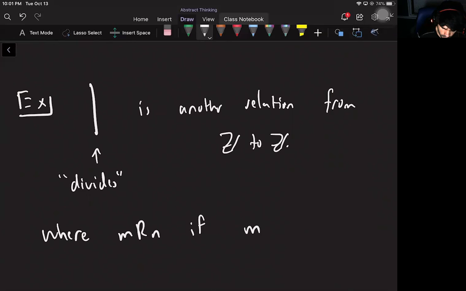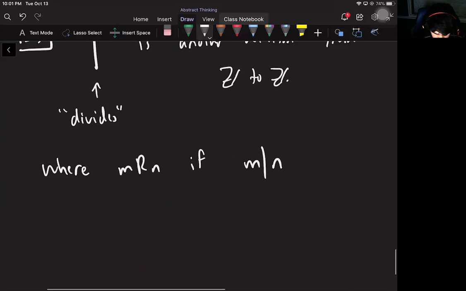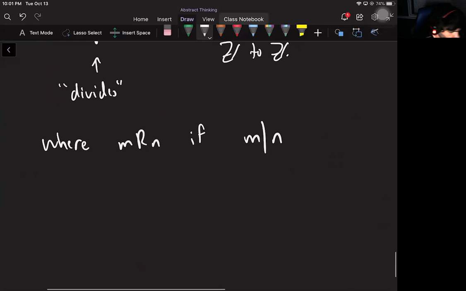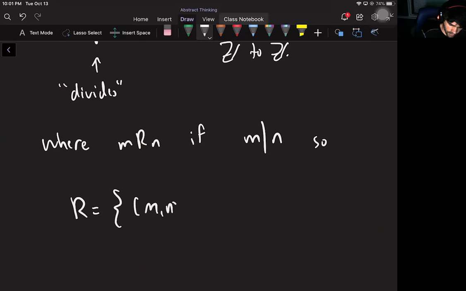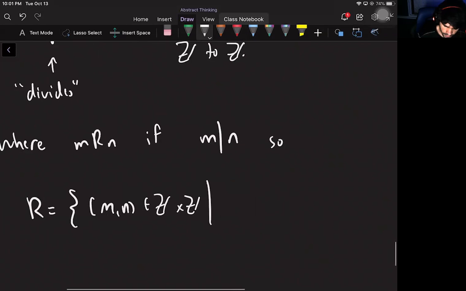If m divides n. So what does the relation look like this time? Well, it looks like all the ordered pairs of the form m comma n that first of all live in Z times Z such that m divides